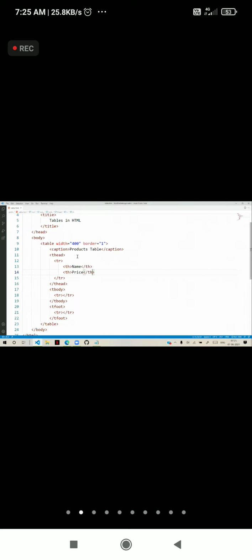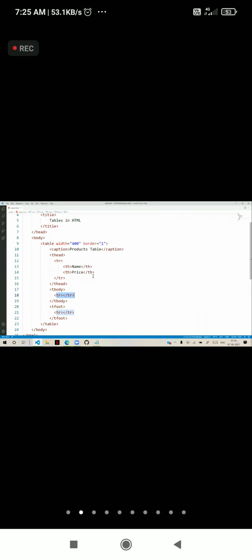It is not mandatory that this TH must be used in heading only. In the body row also, you can have TH. But now only headings we want in a special way, others normal.